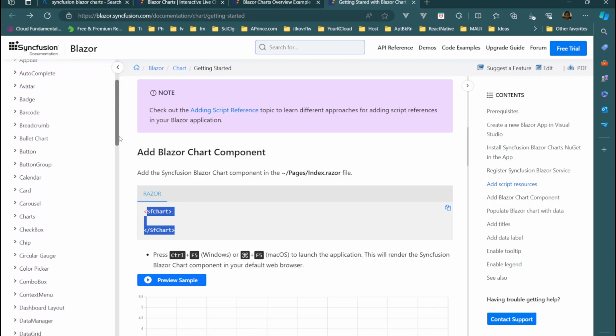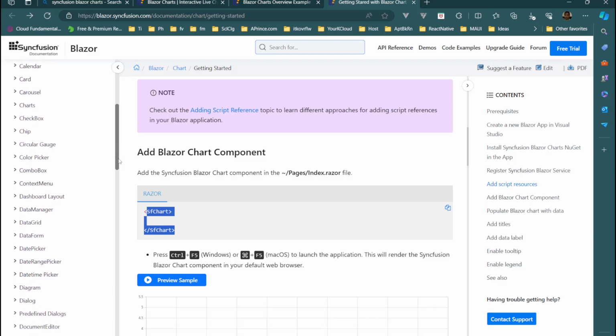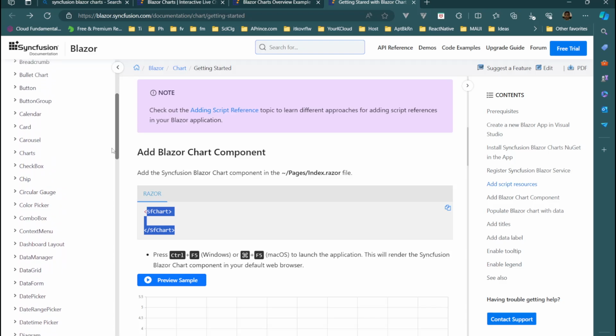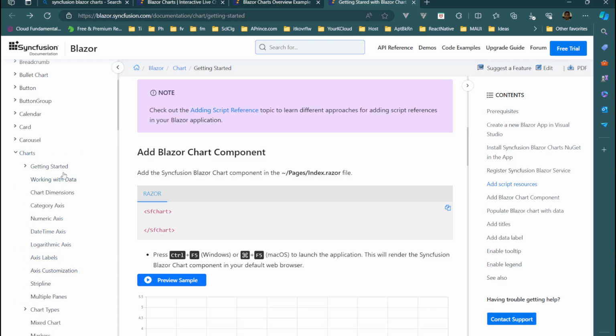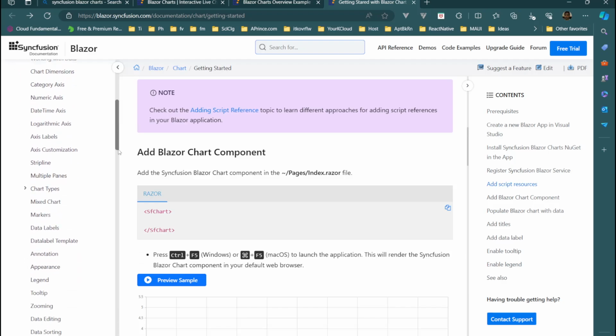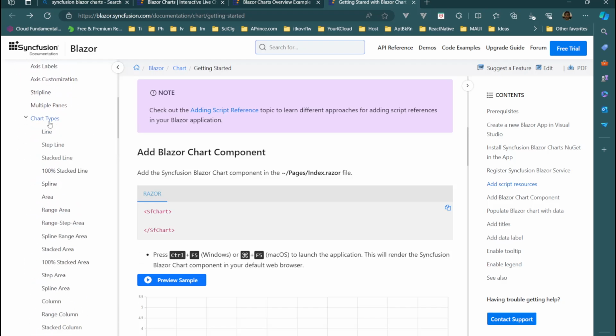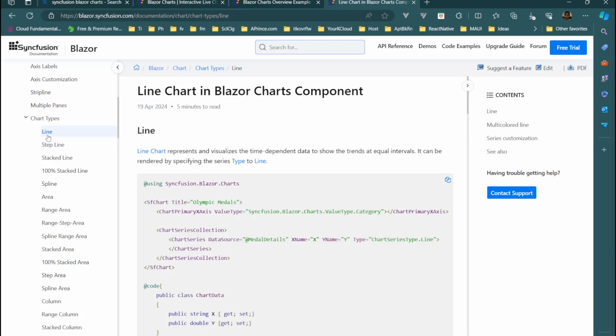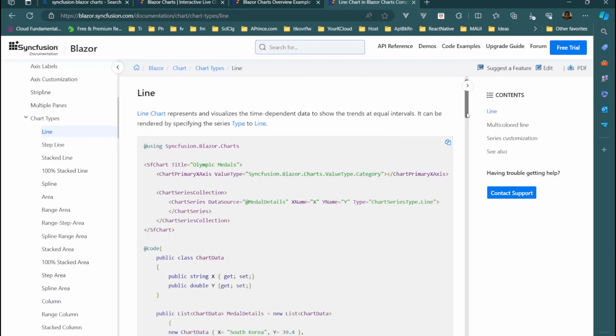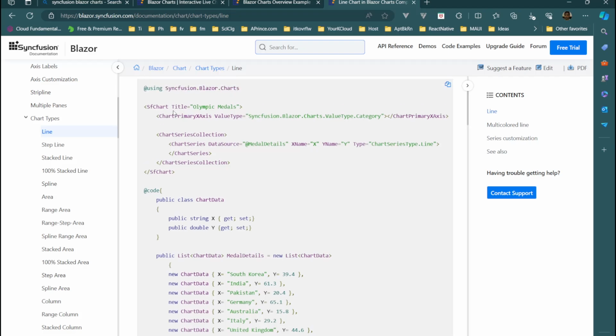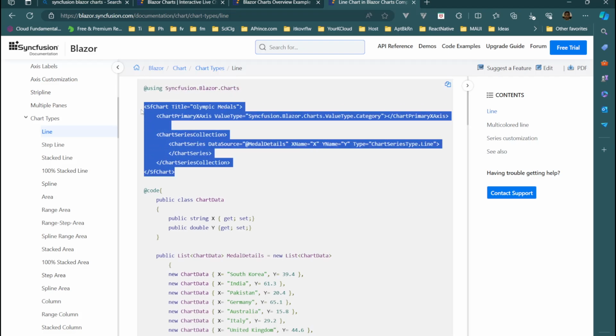Here we will have charts, where is chart, chart types, line chart. Okay, so now we are going to use this here. Let's quickly add the same thing we are seeing here, then we'll modify it. So I'm copying this SfChart